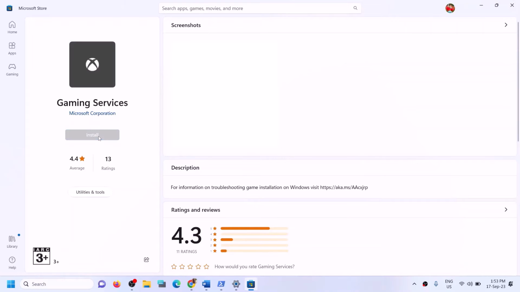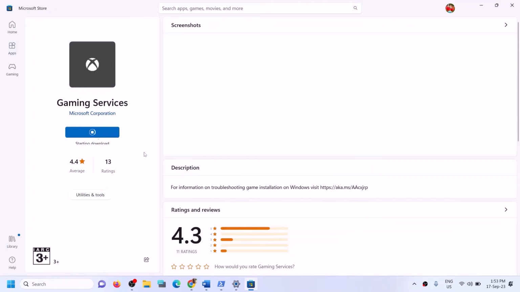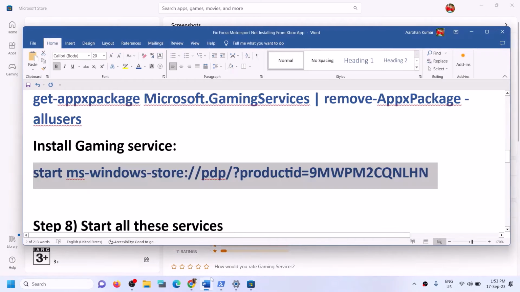And on Microsoft Store, you will see gaming services, and it will give you an option to install gaming services. So click on install, click on yes to allow, and let the download complete. Now, once gaming services is installed, then you can try to install the game. Now, if you're still facing the problem,